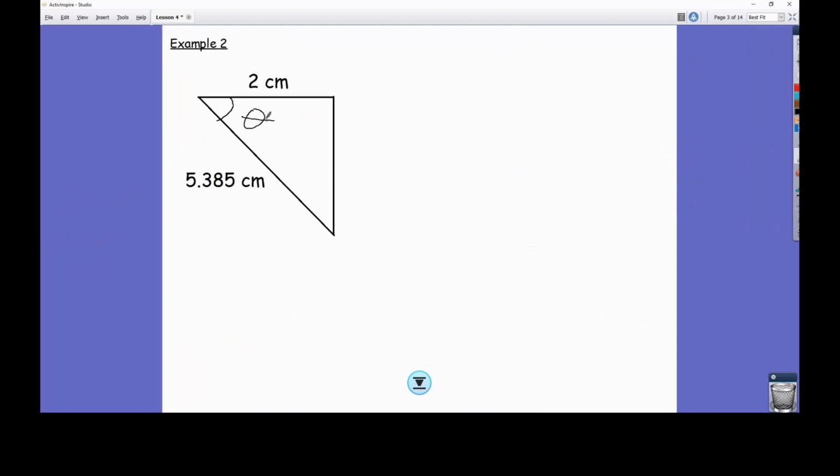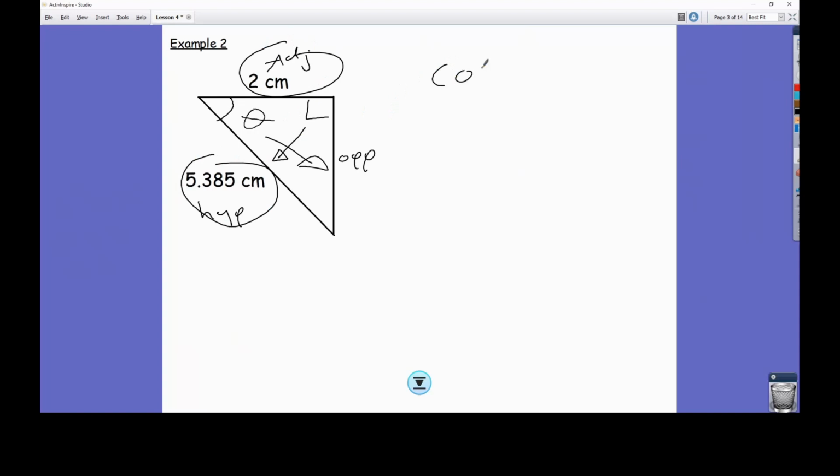So this time we want the angle theta. Once again, let's label our triangle. So the right angle is there, I should have put it on earlier. We have the hypotenuse, the opposite is unlabeled, and then we have the adjacent here. I'm just going to be speeding up a little bit. So we have the adjacent and the hypotenuse, which means we would use cosine. So I'm going to say cosine of theta is equal to the adjacent over the hypotenuse, which is 2 over